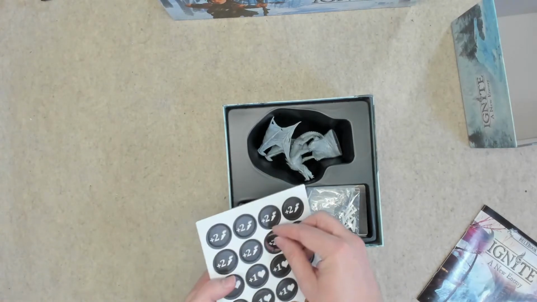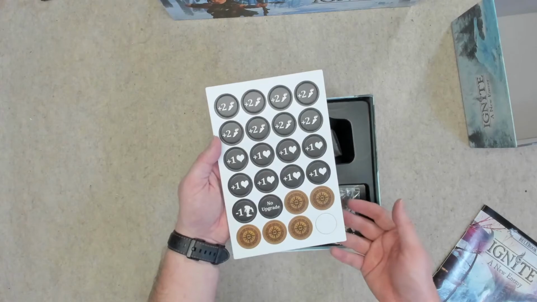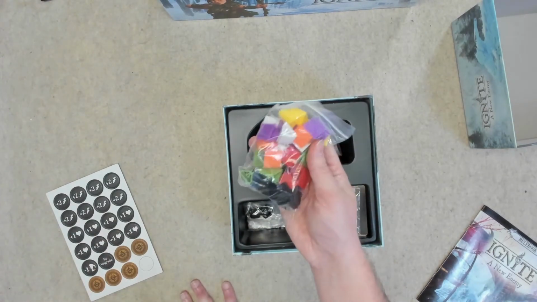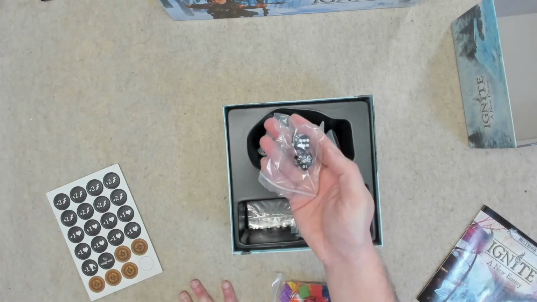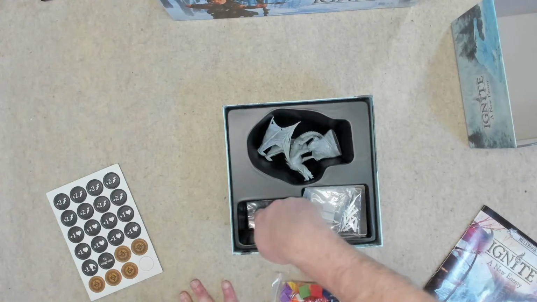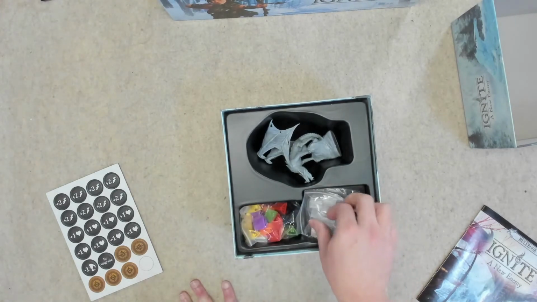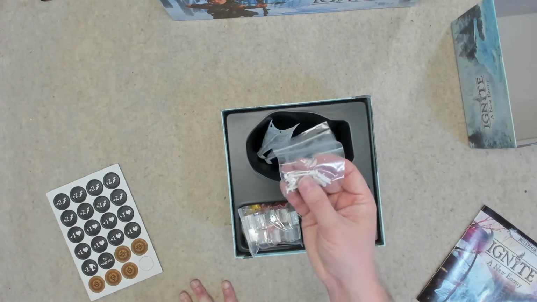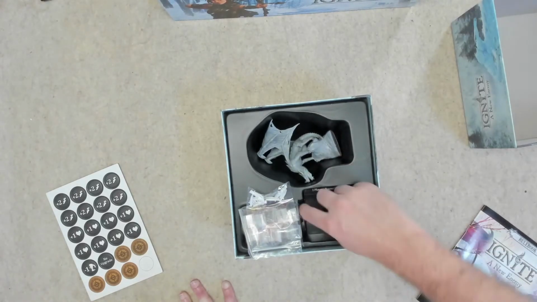We got tokens here. Or token punch board. Standard. We got a bunch more standees. We got a D20 and a Pip D6. We got some more baggies. We got more clear standees. We have some more white dagger clips. We have...